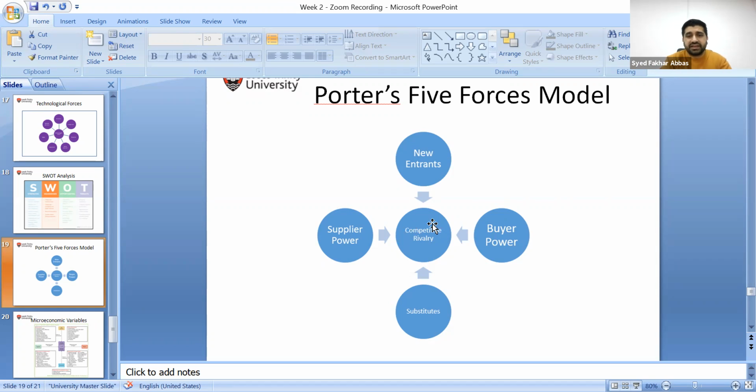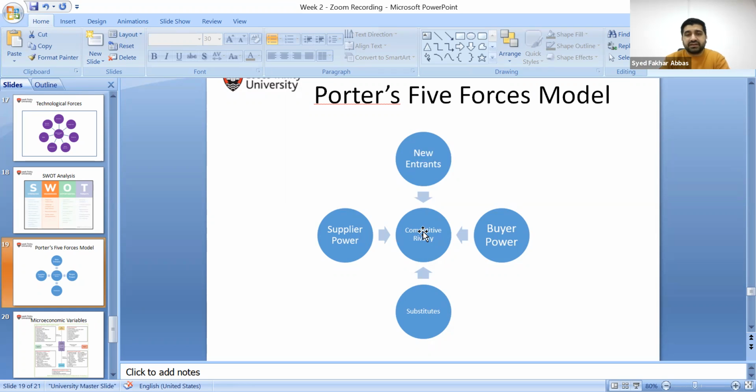Let's start with the competitive rivalry within any market, within any business environment. We have plenty of organizations, plenty of companies, and all those companies are basically competitors of each other, right? So everyone tries to get a competitive advantage over the other companies. So those companies will analyze the different forces, right? All companies basically face new entrants. Let's start with new entrants.